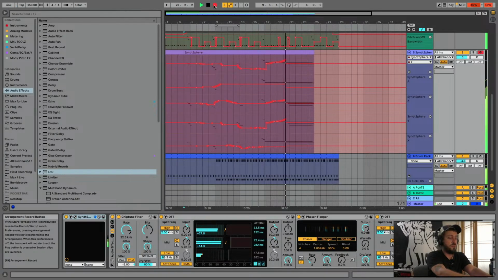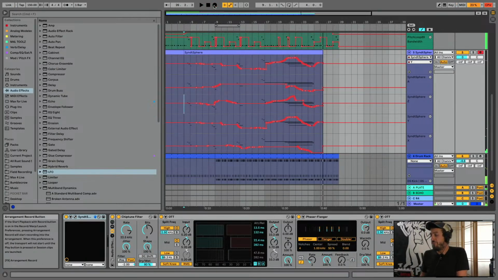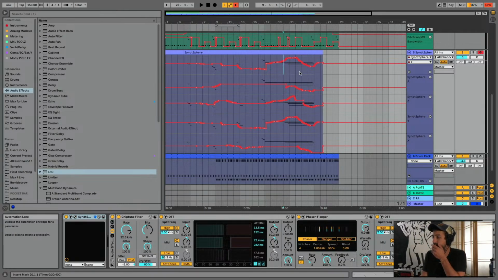Weird. The top one is tracking all of them, and it's just flipping between all the different ones. Oh, I see. Okay. That's the most recent parameter, but I'm messing with four different ones at once. So I reached some unplayable section of the automation.